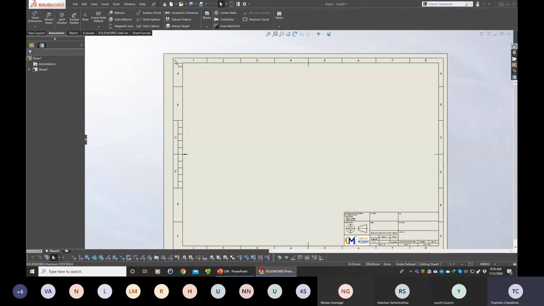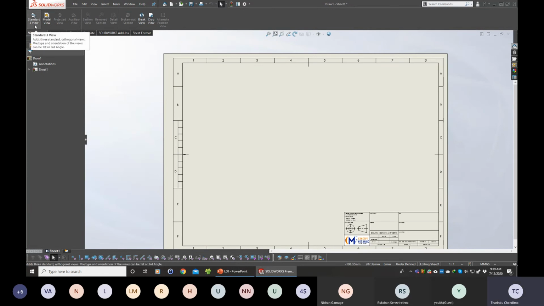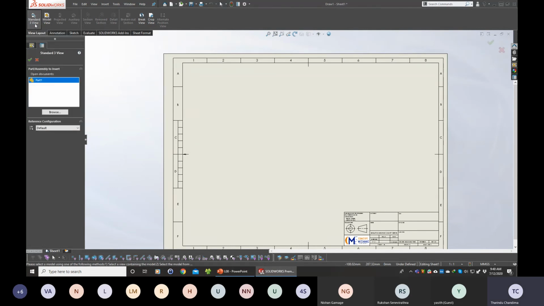sheet format. Right? So now you have to go to View Layout here, and then you can click this one, Standard Tree Views. Then it will ask you to select the part to assembly. So which part I'm going to